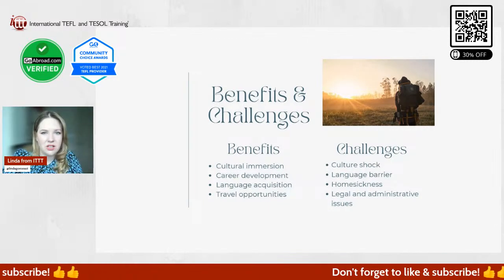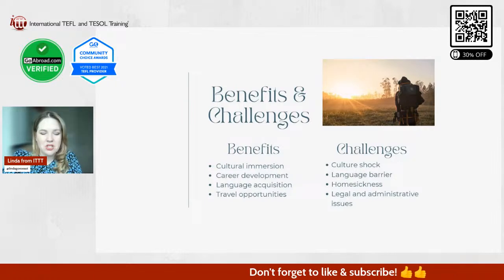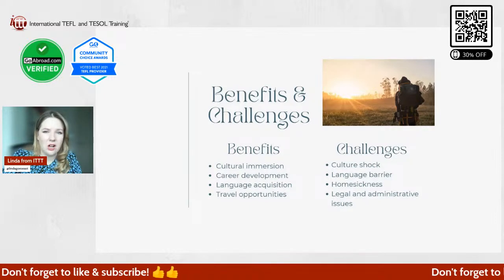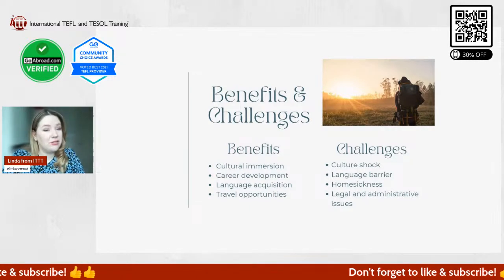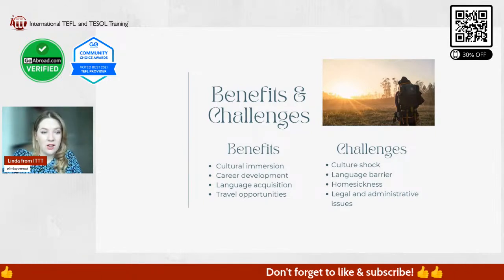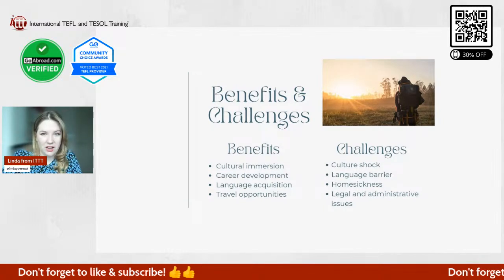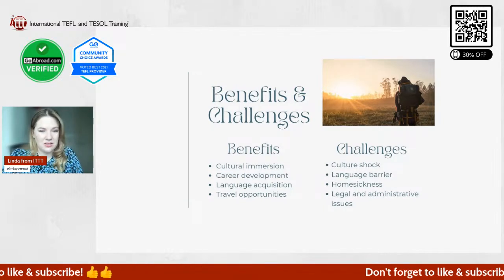It's not like traveling, where you get maybe just a small glimpse. But when you live and work in a different country, you really are immersed in the culture. You get to celebrate the festivals, and if you work together with locals, you learn a lot about the culture. These are things a lot of people really love about teaching English abroad.